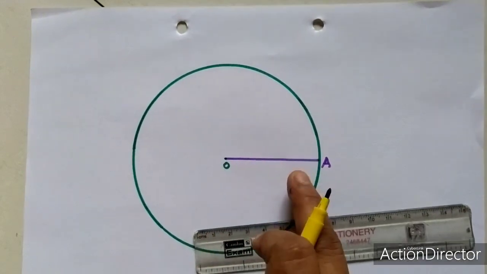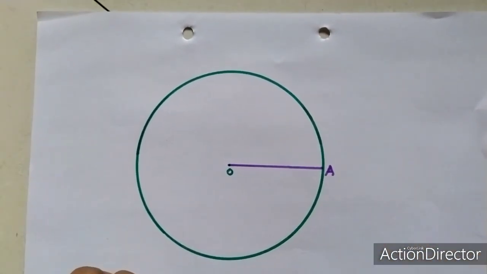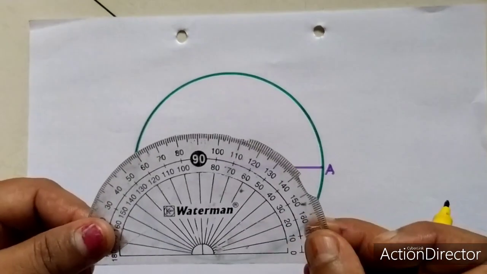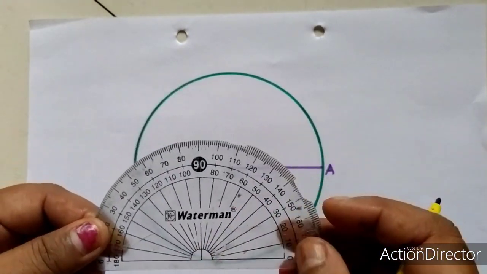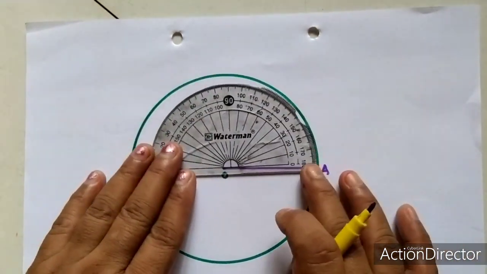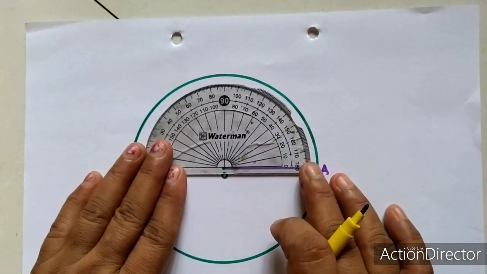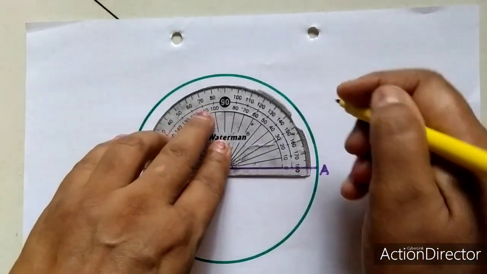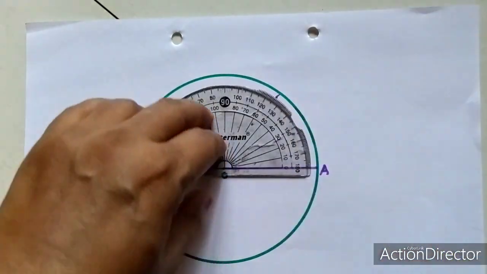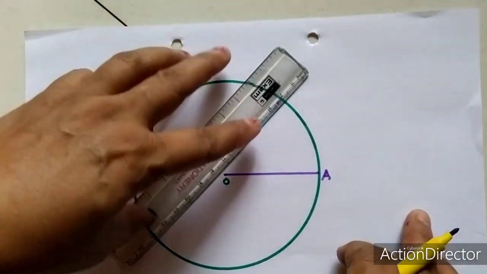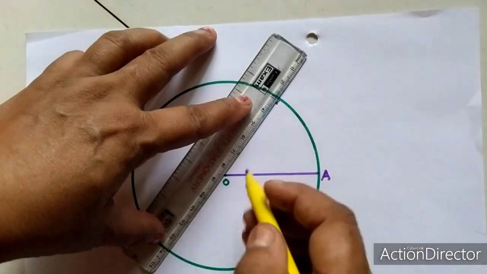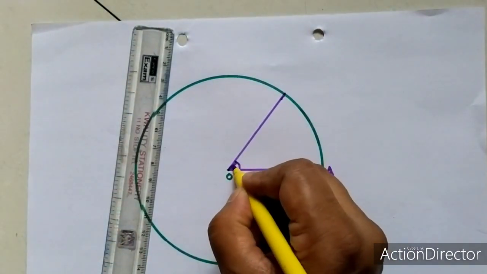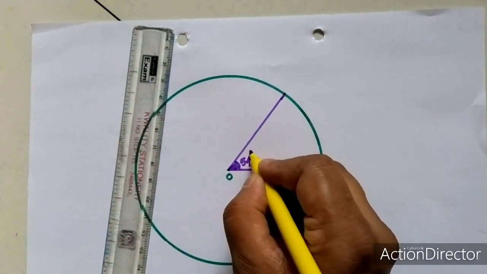With the help of this radius, now we are going to make the central angle. The first central angle was 54 degrees, so we are going to use the protractor to make 54 degrees. Keep the protractor with the baseline on this radius and mark 54 degrees. Here it is, 54 degrees. So you just draw this line, that means a ray at 54 degrees, and write this angle is equal to 54 degrees.